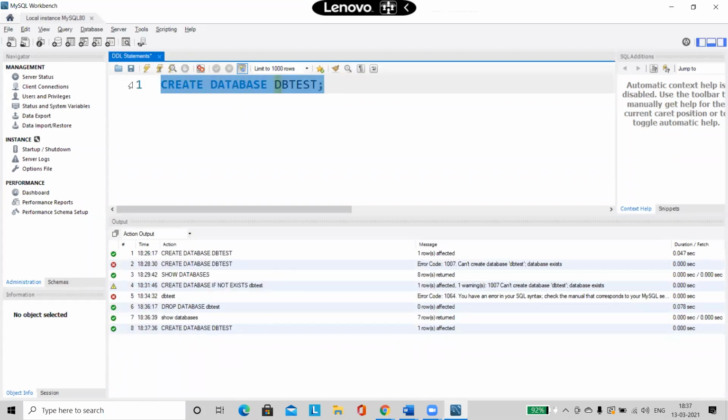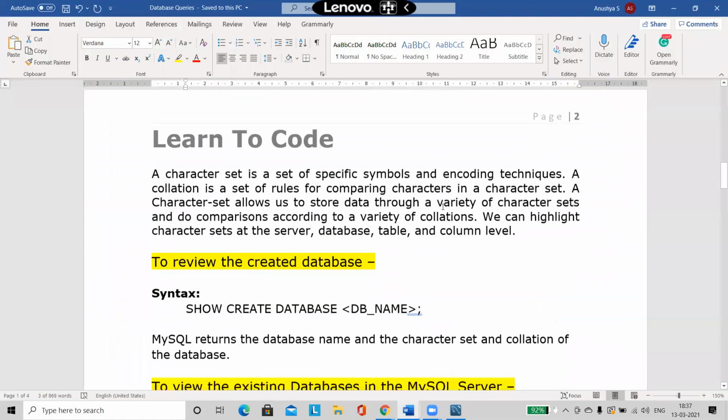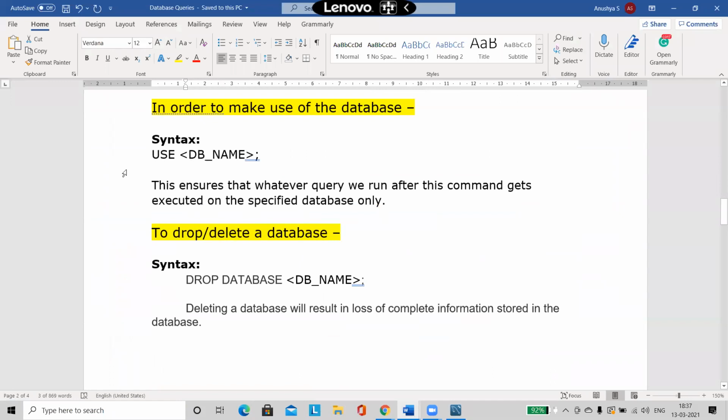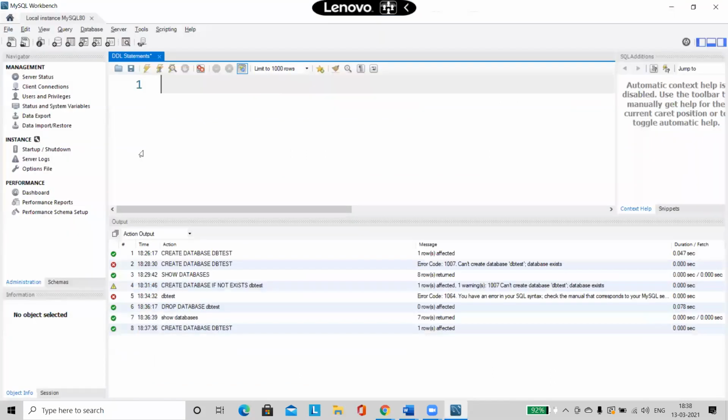So now the second step, what I have to do. Remember this again very carefully. Before you are going to create a table, we have to make use of one command. And then only you are going to create the table. What is that command? Use database name. So here my database name is DB test. So I'm going to say use DB test. Now understand what is the purpose of this command. So I'm going to say that inside this database, I am going to create some tables.